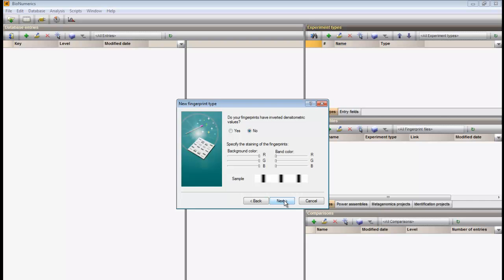On this page, I can specify whether my gels are scanned as white bands on a black background. Since the images are captured with ethidium bromide under UV light, I answer yes to that question. I can also change the background and foreground color, but I leave these settings like they are and I press